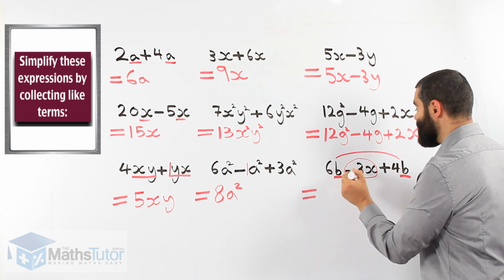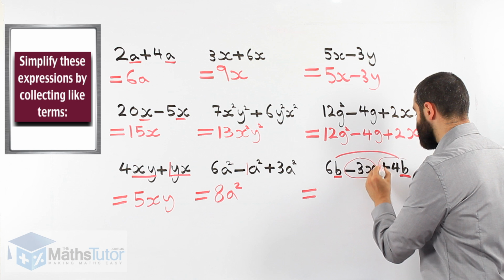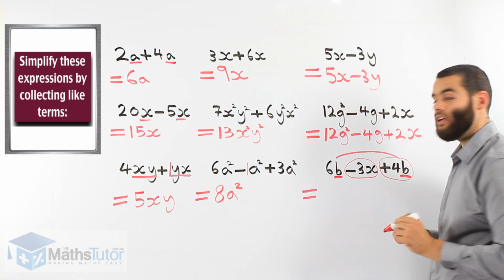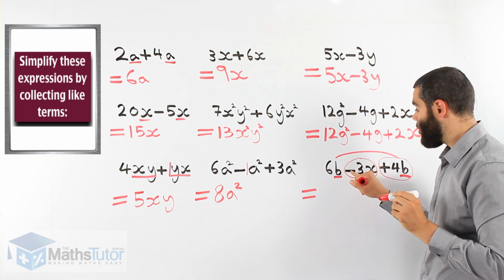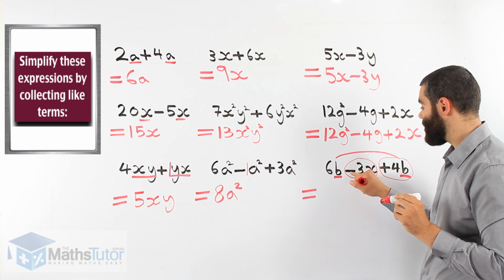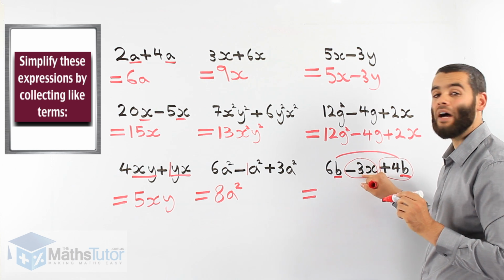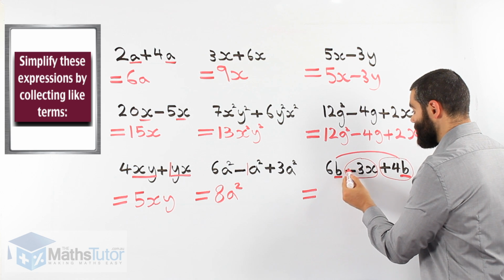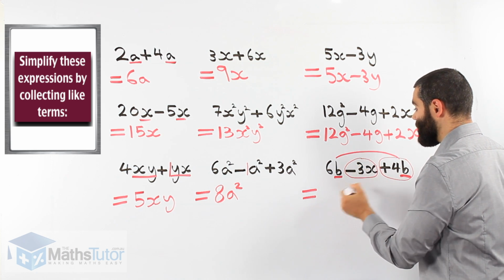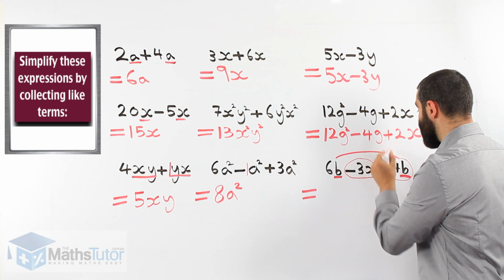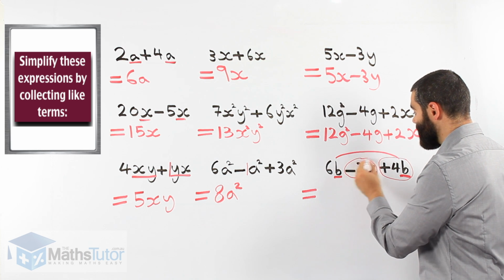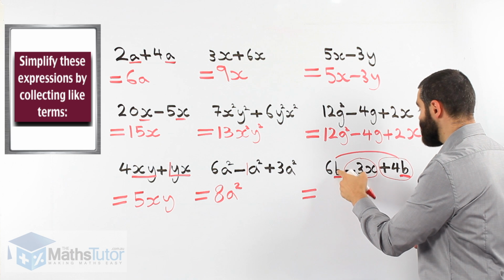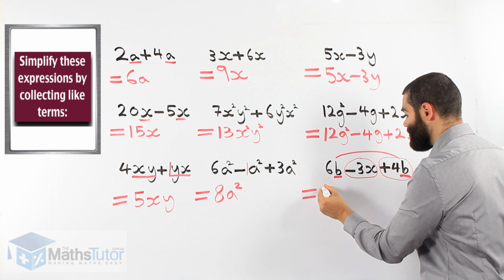It's 6b plus 4b. The symbol always sticks. It belongs to the term after it. Very important rule. The symbol belongs to the term after it. So it's 6b plus 4b. The minus belongs to the 3x. So 6b plus 4b,